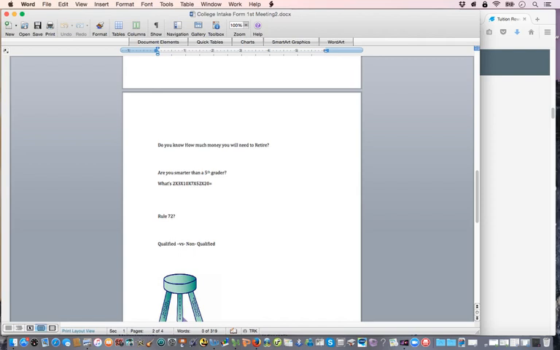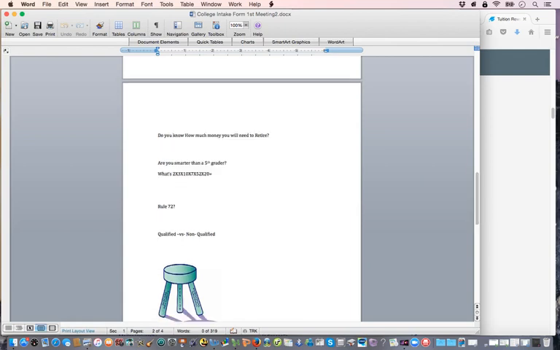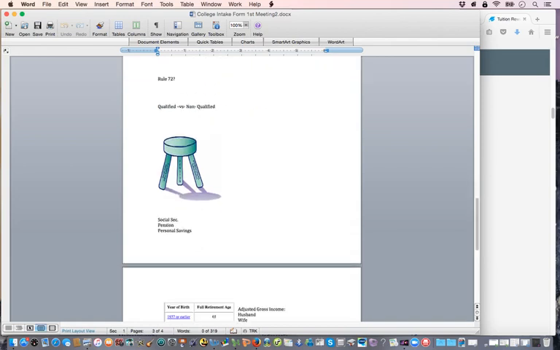Do you know the difference between qualified versus non-qualified money? Qualified is pre-tax money. That's money you take right out of your check and put into the 401k. So it's tax deferred. It's not tax free, it's tax deferred, right? You're paying taxes in the future. Non-qualified money is actually taxed, but then the money can come out tax free. So it's taxed up front, but when it grows, it can actually come out tax free in the future. So we can walk you through understanding if you're set up with tax-free money or if you're actually tax-deferred, okay?